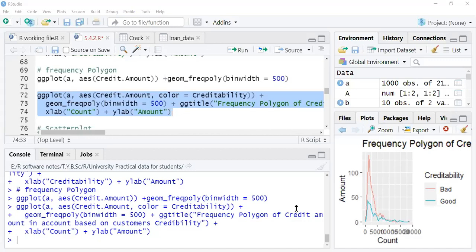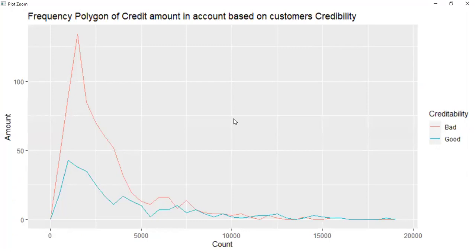I'll share this particular screen on Zoom. So you can see, whenever you want to compare the amount of, let's say, creditability of good amount and bad amount, you can say the good amount is always lesser than the bad amount. You can see the bad amount is always higher at any point, but the good amount is always lesser.